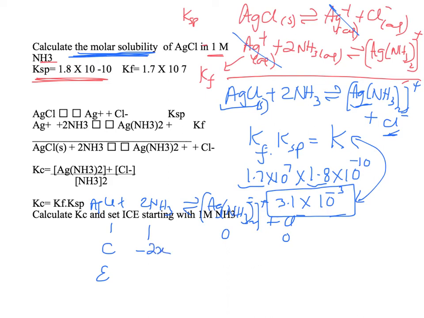If 2x are involved, that would mean x of the products would get generated. So you're going to be left with 1 minus 2x for the ammonia, x for the complex, x for the chlorine. And we are going to plug this in for our system. So I would say x squared divided by 1 minus 2x is going to be 3.1 times 10 to the negative 3. And since 2x is